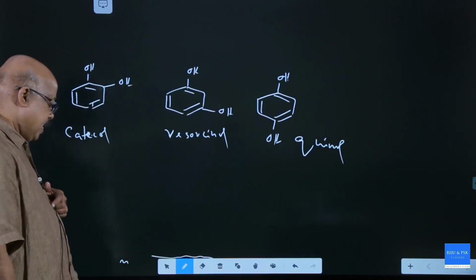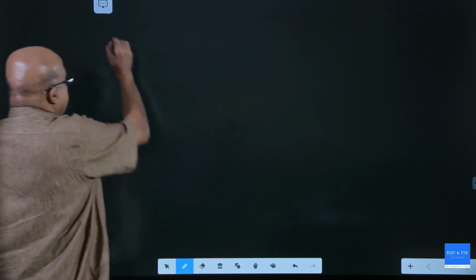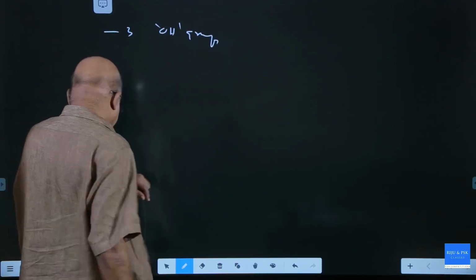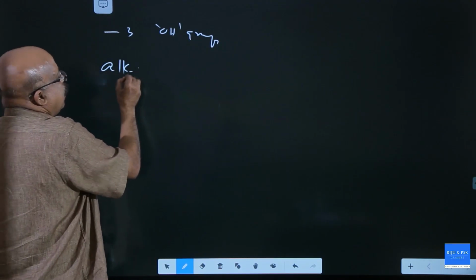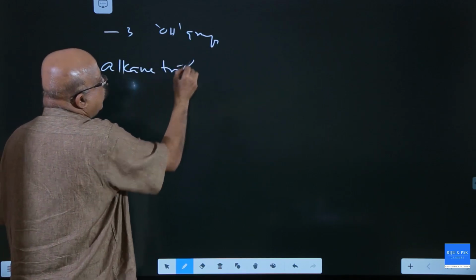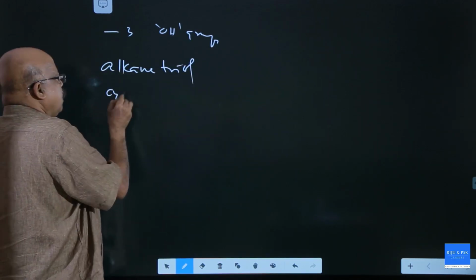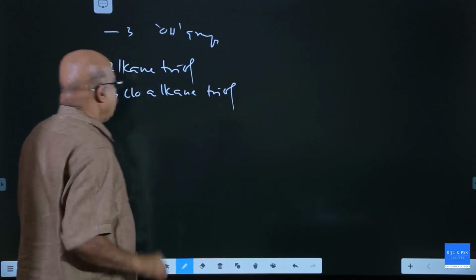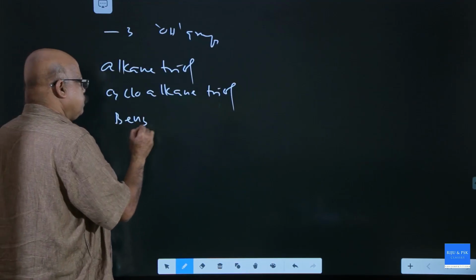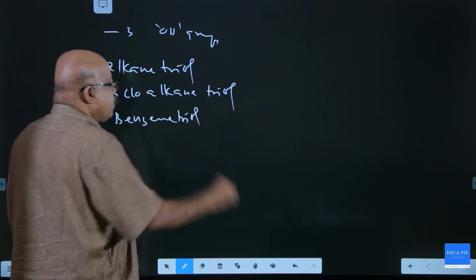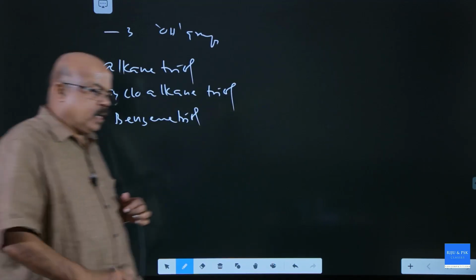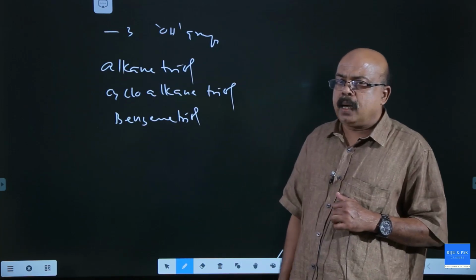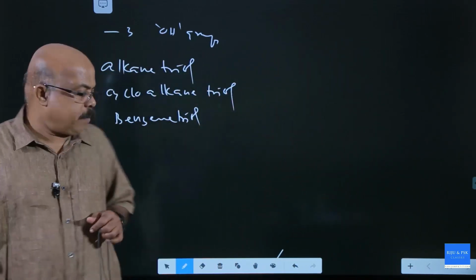Compounds having 3 OH groups. If there are 3 OH groups, then the compound is named as alkane triol, cycloalkane triol, or benzene triol. Examples: